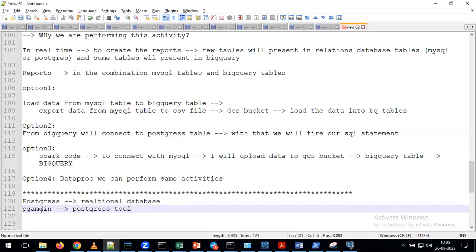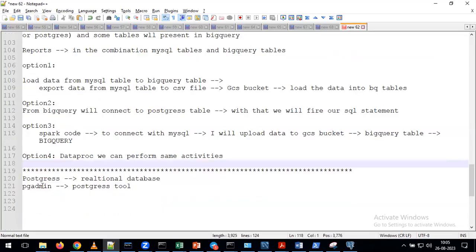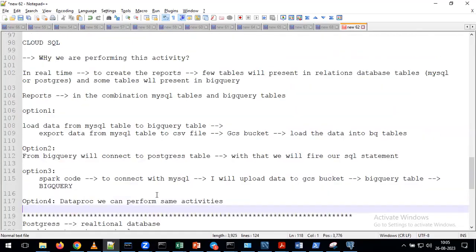Okay. So these are the three options, right? You showed MySQL, Postgres, and the last is SQL Server, in the GCP service. Yes. So in real time, do we mostly use Postgres, or any of the tools? That depends. In some projects we see Postgres, in some MySQL, in some SQL Server. We cannot say only one thing in real time. In different projects, they use different services and different databases.